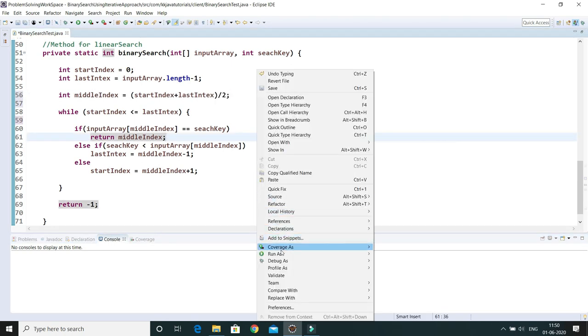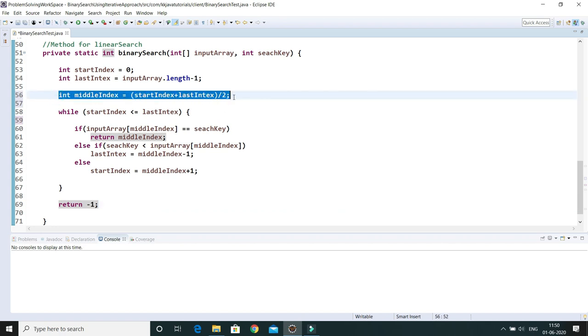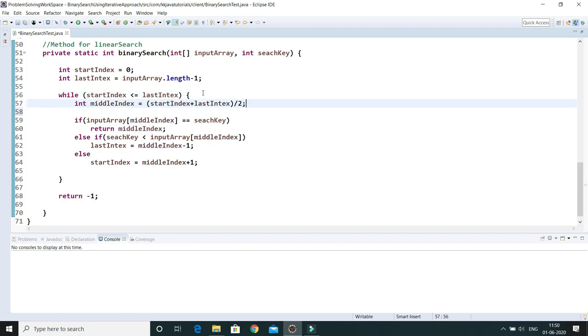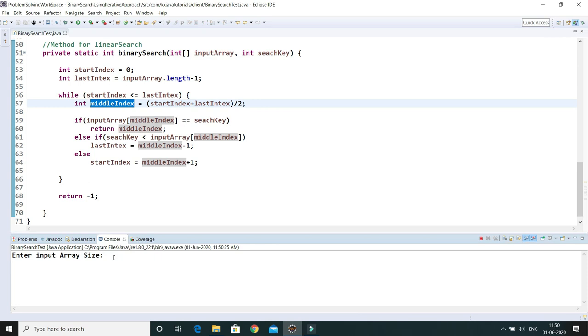If I run it, it doesn't return -1 if the element isn't available in the input array. There is one modification we have to do. We have to put this condition inside the while loop, because we are manipulating the middle element, so make that variable block level.